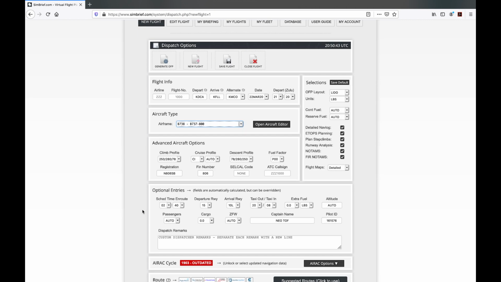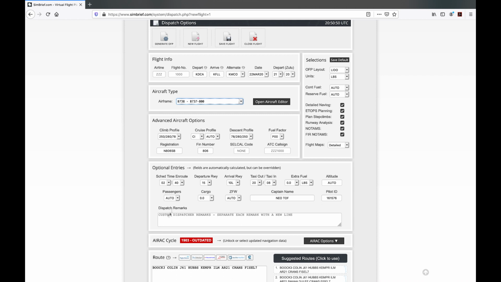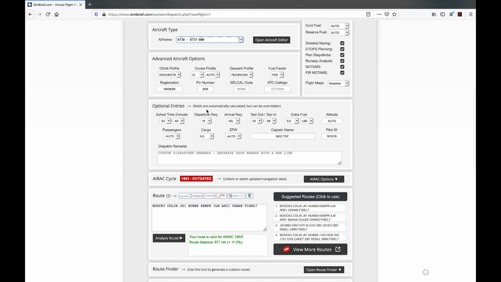And so now you can choose your SIDs and STARs below here. You can choose your departure and arrival runway, and this is actually really helpful if, say, we want to go south to Florida. We're obviously going to want to depart on runway 15 or 19 because that's going to be going already down. And sure, we could go another way, but if you want your flight to just go smoother and you know those runways are active at that time, why not choose a runway that's more efficient for your flight? Unless you're flying on VATSIM, of course, which then you're going to be told which runway to take, and you would change this data on your FMC as you're hearing the